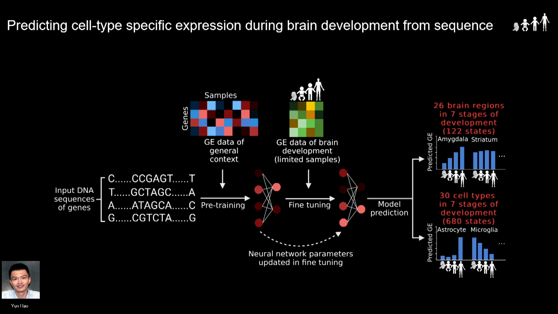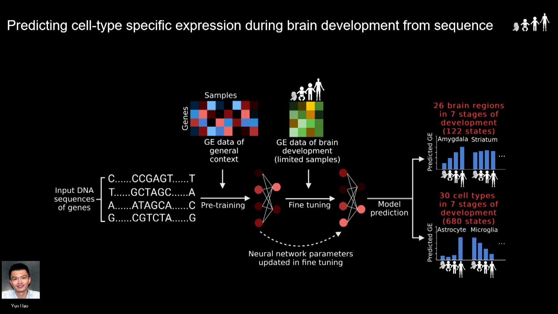And so what we developed is this new model, SEAL, which is also unpublished, using a pre-training fine-tuning framework. Essentially, it uses all of the brain expression data to learn generally how sequence relates to epigenetics. That was the model you saw before. It's a convolutional neural network model for those of you who care. And then we train on all of the gene expression data of the brain, which doesn't have any fetal data at all, to get the general mapping.